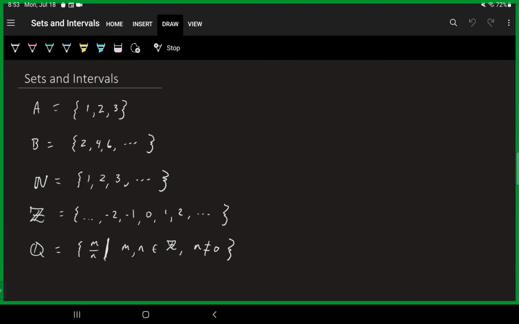We could say that 2 belongs to this set by writing 2, and then this funny looking E that's actually a Greek letter epsilon. So we could say that 2 belongs to the set A. So 2 is an element of, and that actually stands for element. So it's one word that you might hear from time to time.